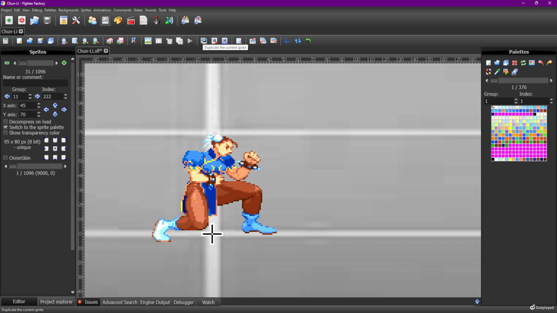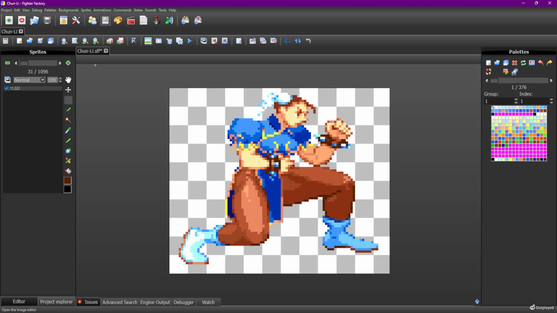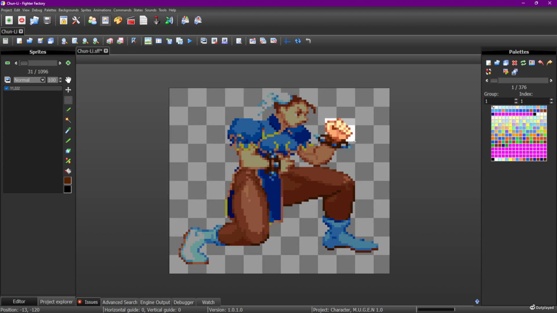I noticed her hand also, because remember in the previous frame I didn't shift her hand. I just left it in place. But for this hand specifically, it has to. I need a shift for her hand. Same thing as I did with the previous frame. I just need to shift her hand down one.